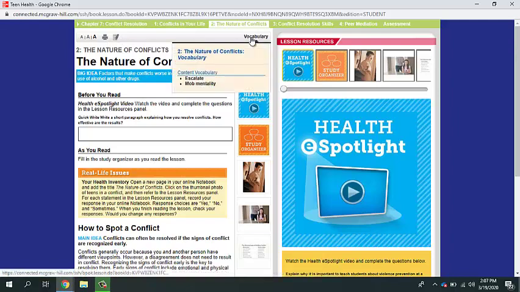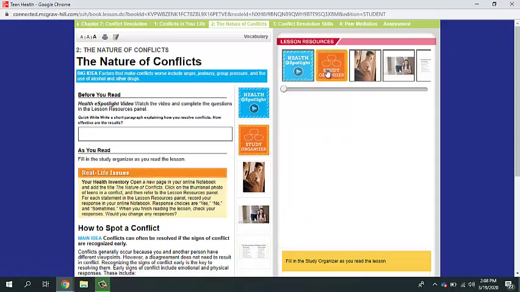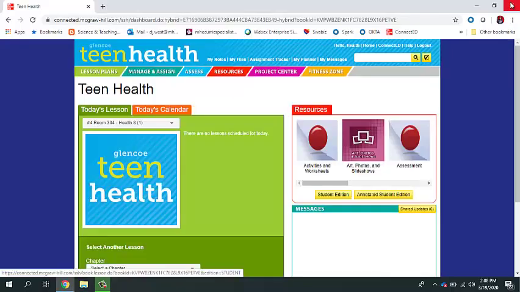You've got your vocabulary listed here for them, but it's a great resource to use during this time, either for students to investigate on their own or you as a teacher to support out to them. You're going to notice the study organizer, if I click on it, can actually be completed digitally. And all of the resources in both Teen Health and Glencoe Health are PDF forms that students